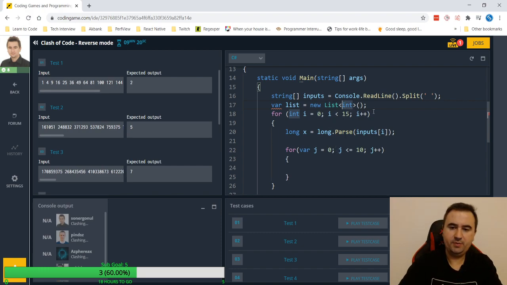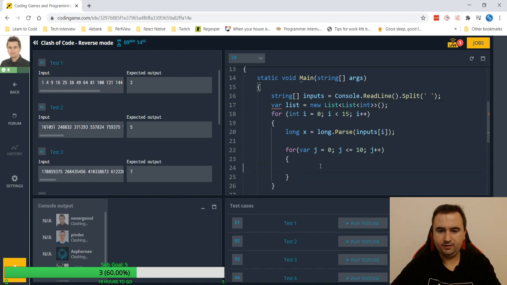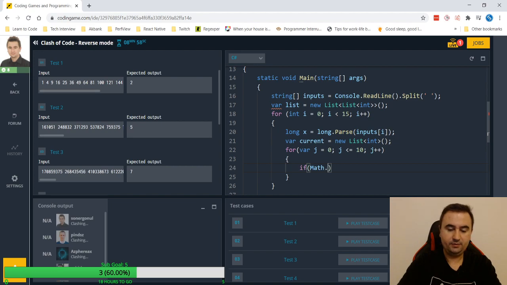List of numbers. Yeah, this should be better. Or current new list. If my current number math log x k modulo 1 is 0,